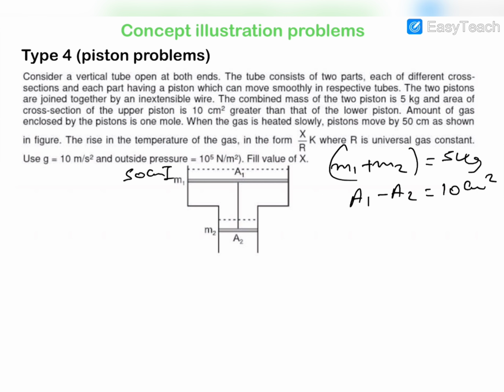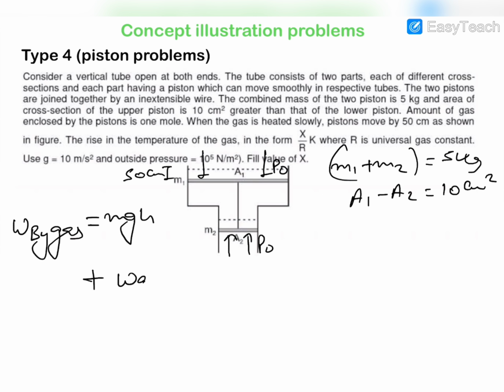gas. Now we know that the atmospheric pressure will be acting in the downward direction, P naught, and on this piston it would be acting in the upward direction. So the work done by gas will be equal to mgh as well as work done against atmosphere, against P atm. Now let us find out the work done against atmosphere. We can see that work done against atmosphere P atm